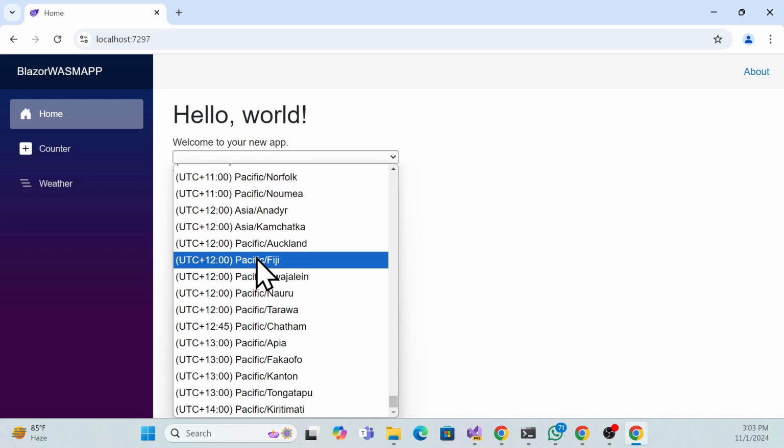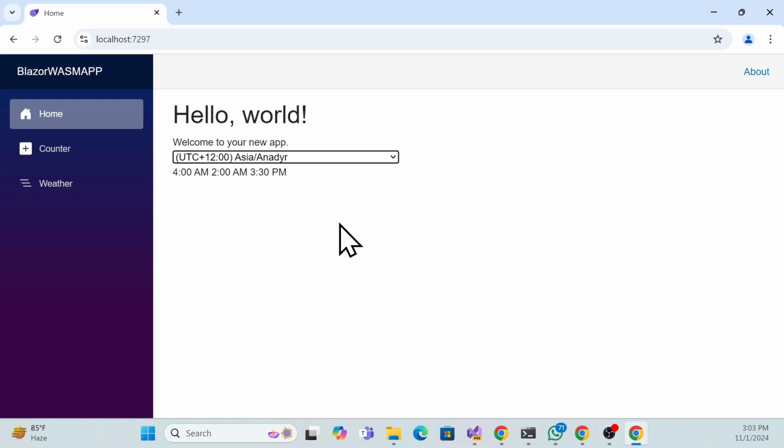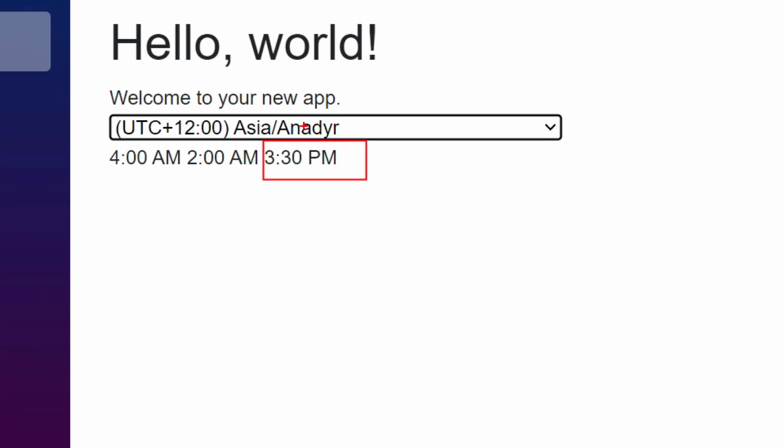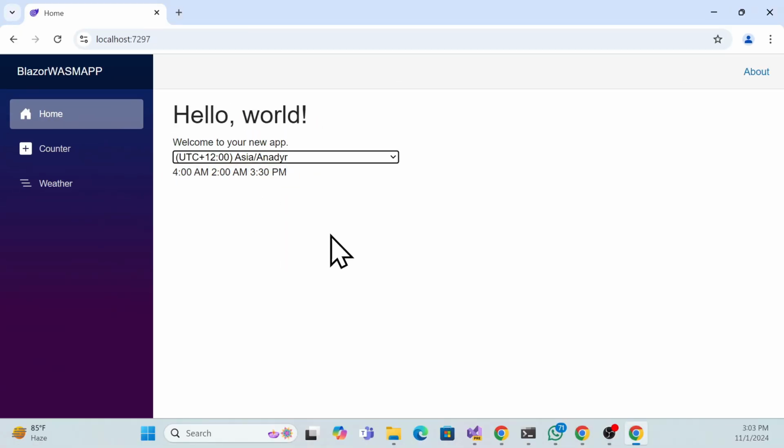If you change something, for example this one, then my IST time will differ based on this time zone, and the EST and IST times will also differ. So this is the beauty. We can easily use this component and show the time as per their time zone. We don't need to worry about or calculate anything. So this is the way we can use this